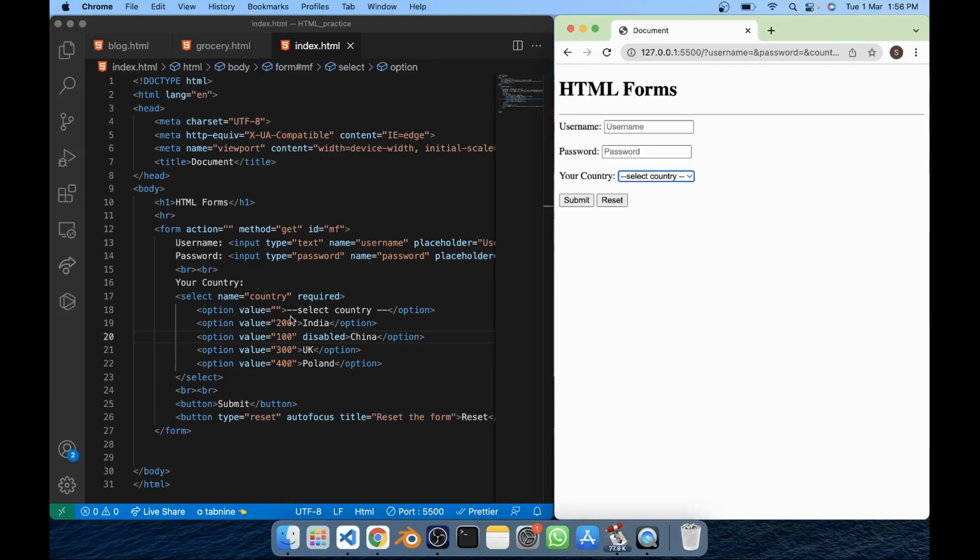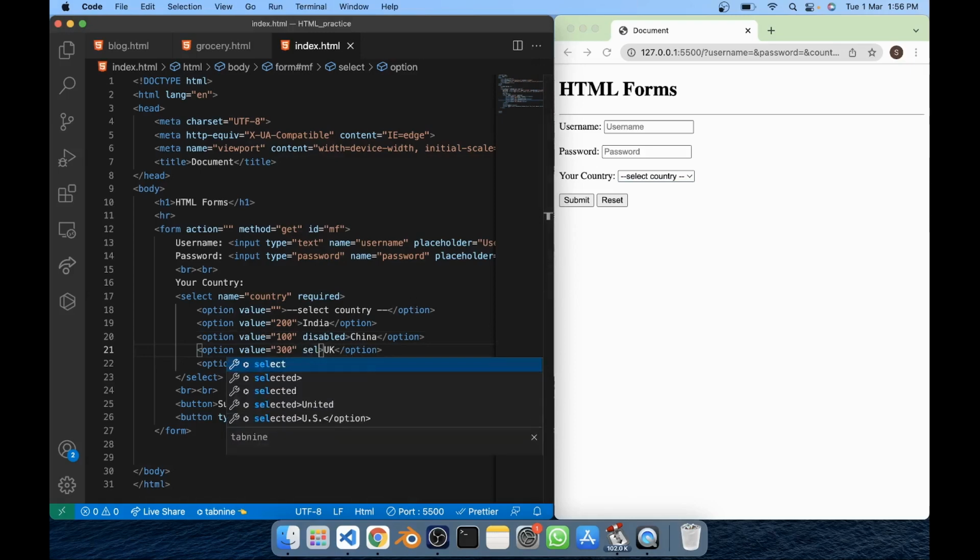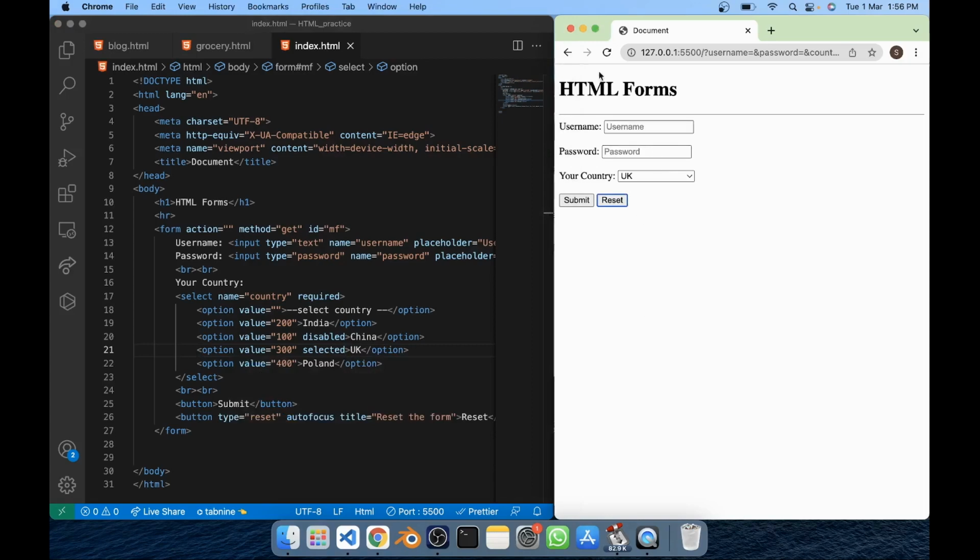Now I want to select UK by default, let's say. Then you should use selected. If you do that and refresh it, you can see UK is selected by default. Whenever you refresh it, UK will be selected first. So using the selected attribute, you can do that, just like a radio button. Okay, so we have discussed the three most important attributes for the option. For now, I am just removing this disabled and selected attribute from them,